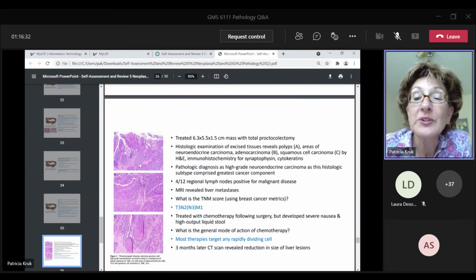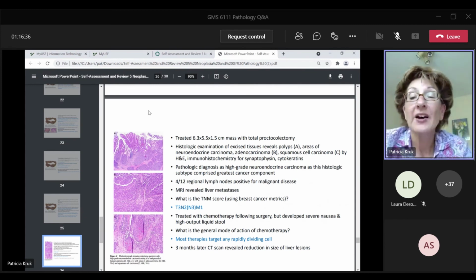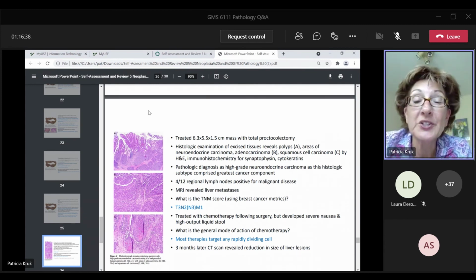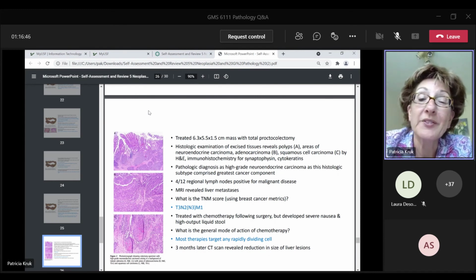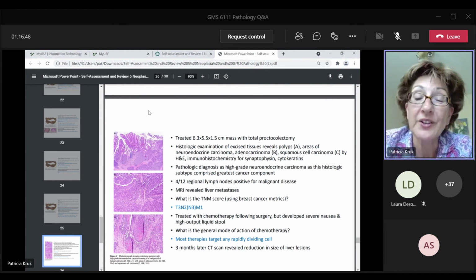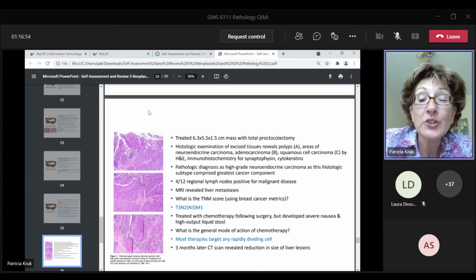When they do immunohistochemistry, they find, of course, they're keratin positive. So obviously, this is epithelial. The patient here is diagnosed, in this case, with a high-grade neuroendocrine carcinoma, again as a subtype, although the greatest portion of colon carcinomas are adenocarcinomas, there are some other histologic types present. And unfortunately, in this patient, some of the regional lymph nodes are involved,